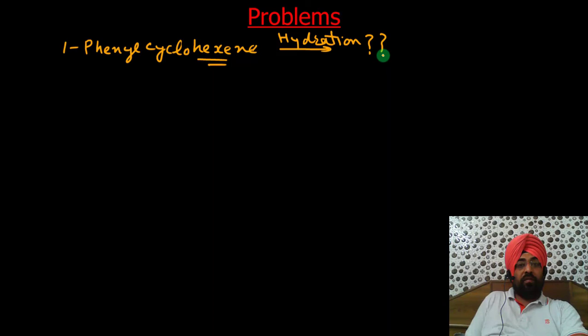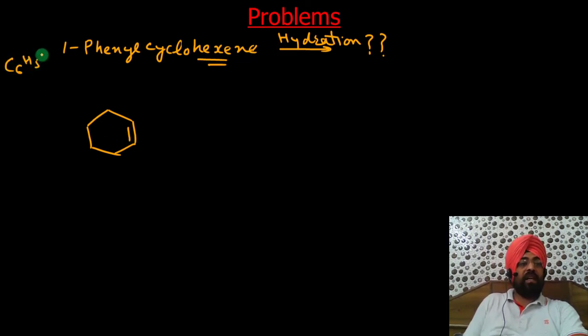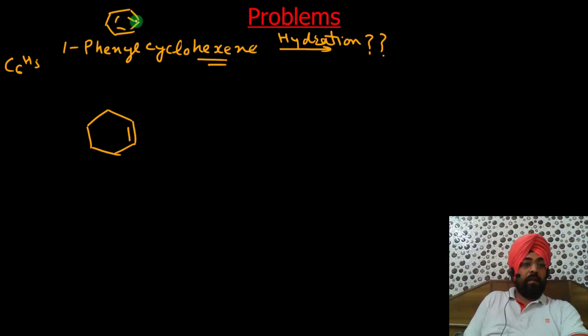Let us see, if we do its hydration, what will be the product. First let us write the structure of 1-phenylcyclohexene. So cyclohexene is this. Now the phenyl group is C6H5, this group is the phenyl group. So I will just write